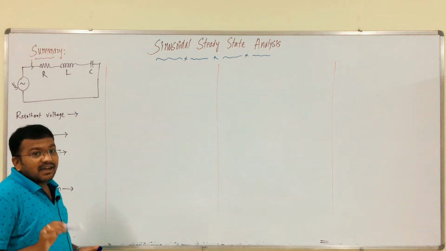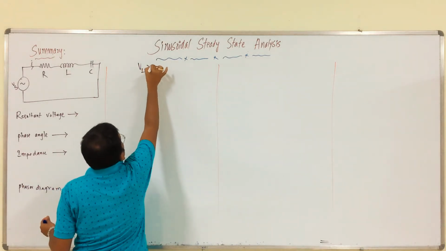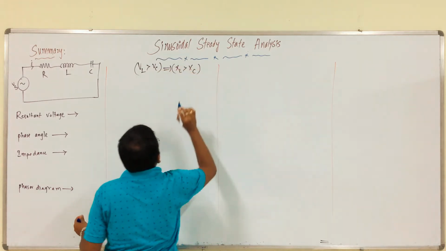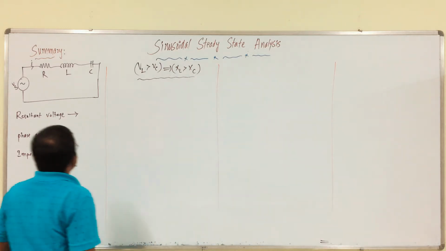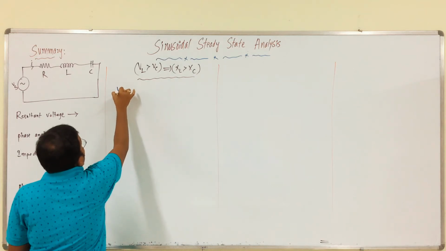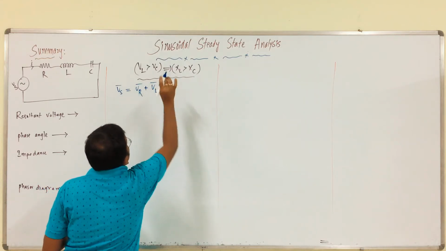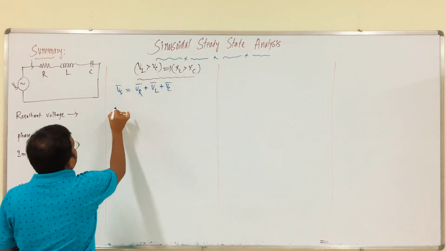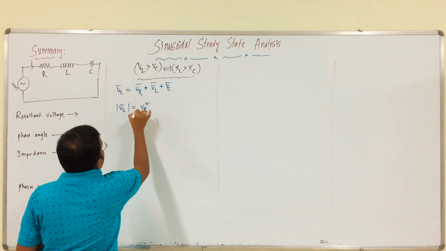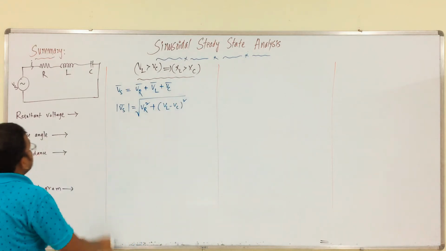Next we will discuss the series RLC circuit. Okay. In this we have how many cases? That is VL more than VC, which implies XL more than XC, right? This is the first case. So, VL more than VC means the resultant voltage is what? We have Vs, which is equal to, in any case, VR plus VL plus VC only. But with respect to this condition, we can write mod Vs, which is equal to square root of VR square plus VL minus VC whole square. Clear? This is the resultant voltage.